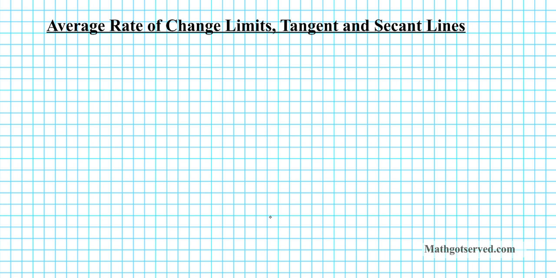Good day, students. In this clip, we're going to be going over an example on how to find the average rate of change, slope and equation of secant line, and also the equation of the tangent line to a point. Okay. Before I take a look at the example, let's consider some formulas real quick that's going to guide our